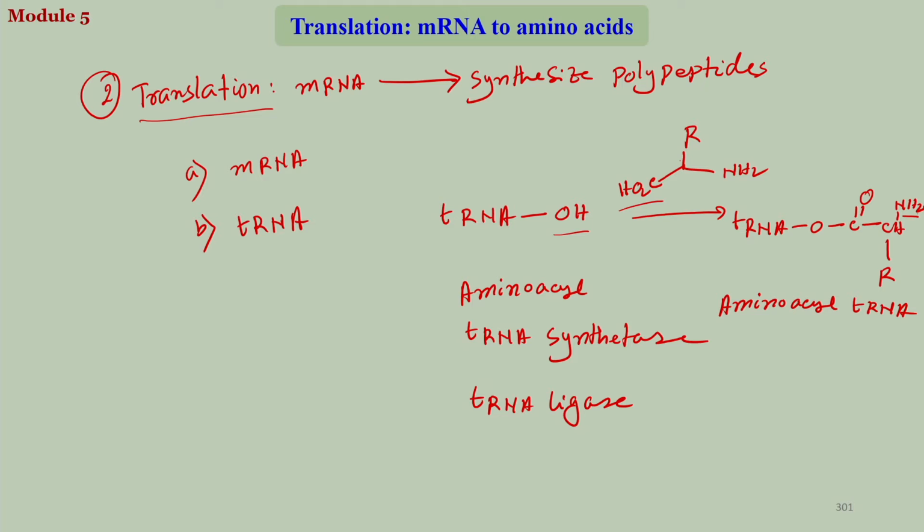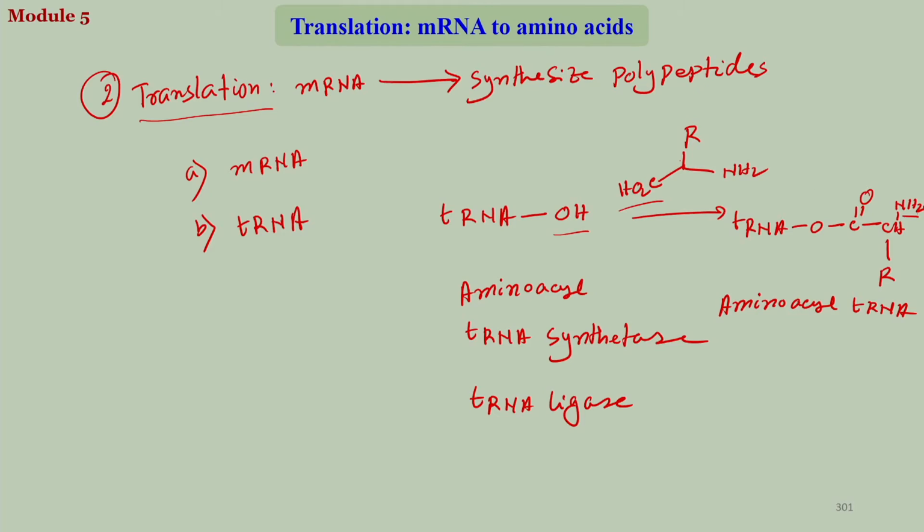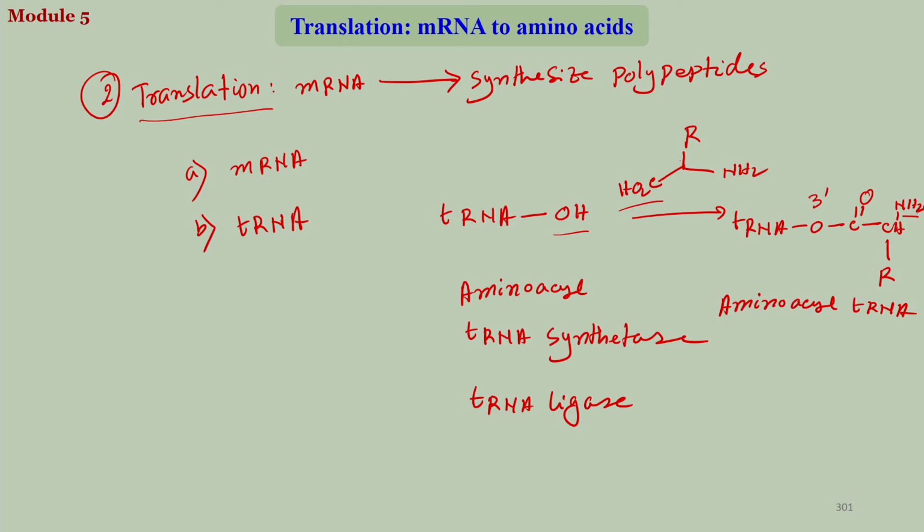So, ideally every tRNA carries a specific amino acid at its 3 prime end. So, this is the 3 prime end, and every tRNA has an anticodon associated with it. So, every amino acid actually now has a code attached to it which we call the anticodon. So, these two are the ingredients we talked about in the last lecture, and today we will talk about the other part of it,